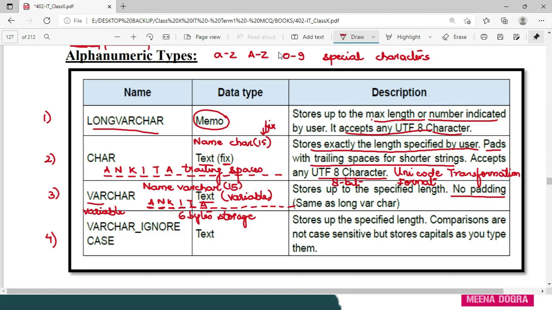Fine. Now let's talk about varchar underscore ignore case. Cases, like if I talk about small a and capital A, this is in lower case and this is in upper case. Fine. So when I am storing my data and running a query against it, like passwords, when you enter passwords, you all know that passwords are case sensitive. Case sensitivity means small a will match only small a and capital A will match only capital A. That means the letter will match according to the case.